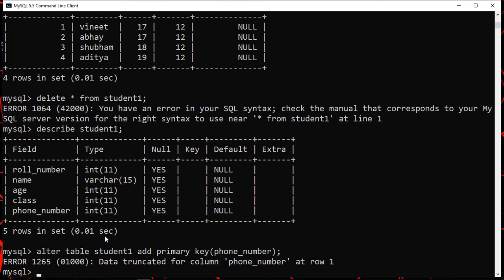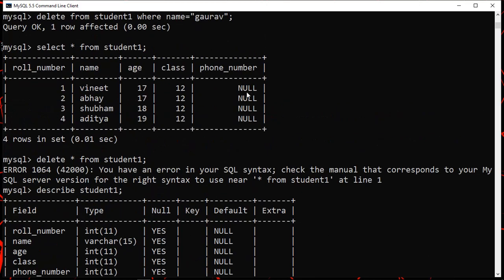Data truncated for column phone number at row 1. Now this problem is showing you that data truncated, that means you are having duplicate copies in the phone underscore number column, so it cannot create it as a primary key. You can see all the entries in this phone underscore number column are null.